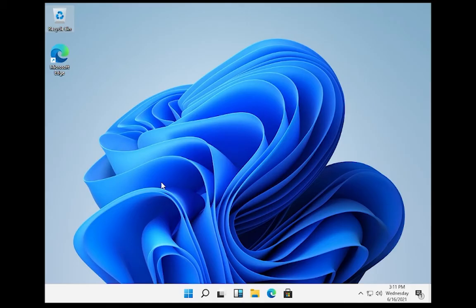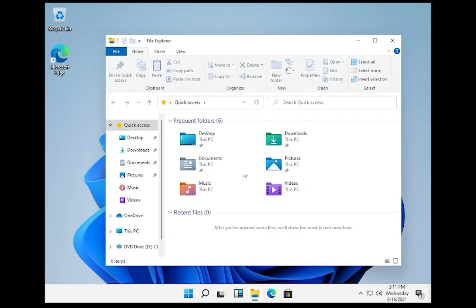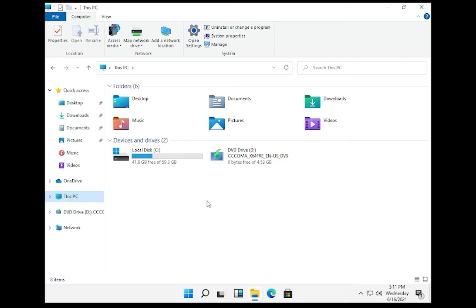This is the Windows 11 home screen. Wow. There is a lot that has changed here. The Windows 11 logo is completely different. It looks like the start menu is completely different from what I understood. We got Photoshop Elements, calculator, settings, everything. Let's go to settings. I'm curious to see a couple of things here. We got Microsoft Edge. Just go to File Explorer. Check this out. Oh, wow, you guys. This is weird. Wow, everything is